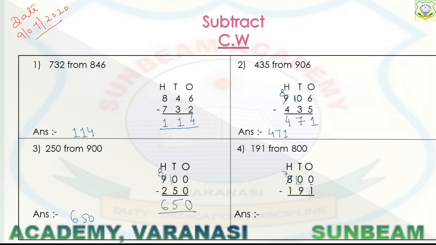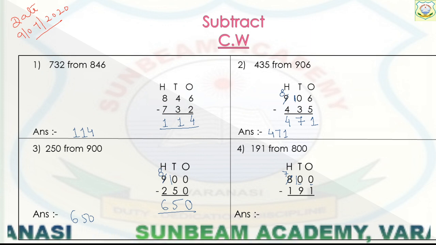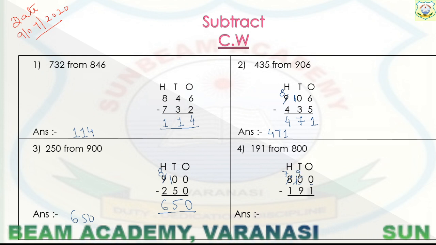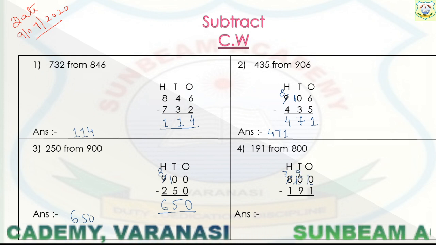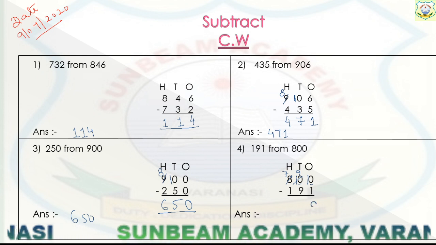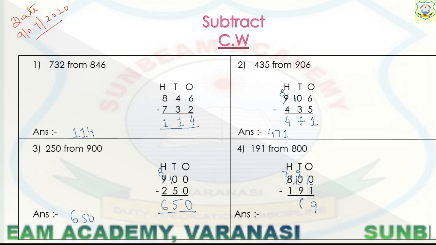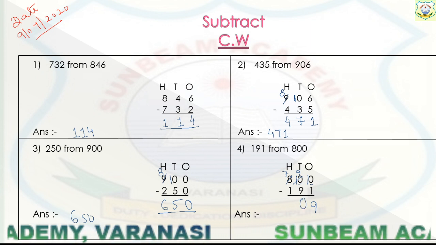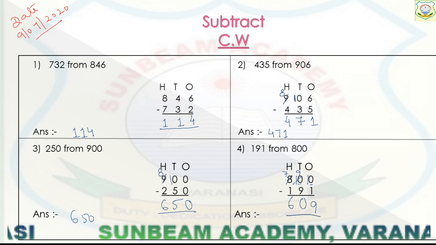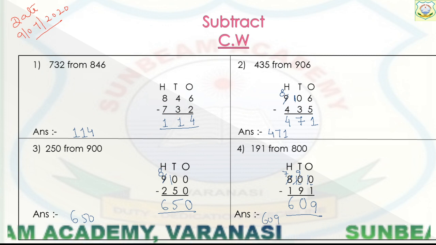Now 10 is a strong number. So now what do we have to do? Then this 10 can give to the 0 here. So now this becomes 9 and it becomes 10. So 10 minus 1 is 9. And this 9 minus 9 is 0. And then 7 minus 1 is 6. So now students, note down the classwork. This is your classwork. Note it down.